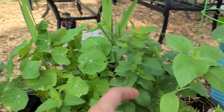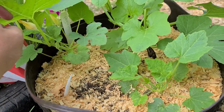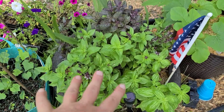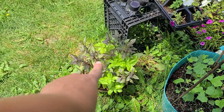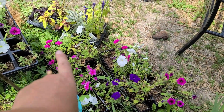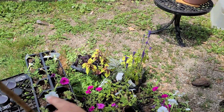A sunflower I just stabbed in here. These, what is this? Oh, spaghetti squash. Spaghetti squash in that bucket. Tons of basil. Mexican sour gherkin. Basil. These are all propagated petunias that I did, and a couple plant fillers buckets, and more